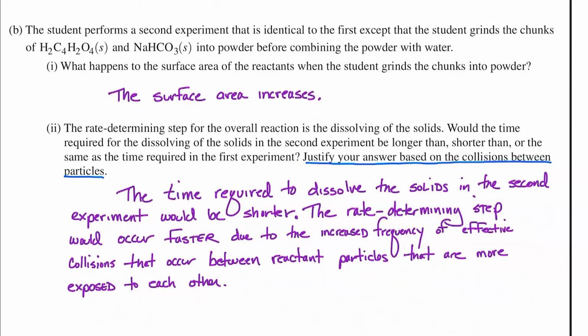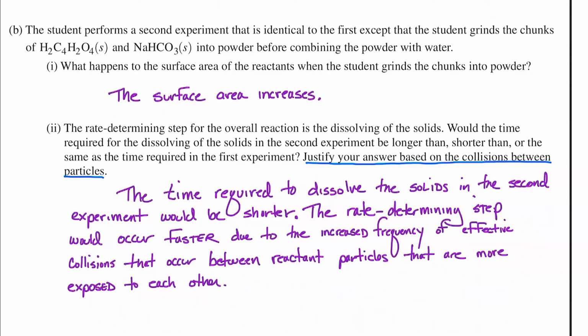Now, B-II is looking for more here. The rate determining step for the overall reaction is the dissolving of the solids. Would the time required for the dissolving of the solids in the second experiment be longer or shorter? Well, I would say clearly it would be shorter, because the rate determining step will occur faster. Put it this way, if you increase your surface area, there are more exposed atoms that can do what? Collide more effectively. So the frequency of collisions will increase with an increase in surface area,